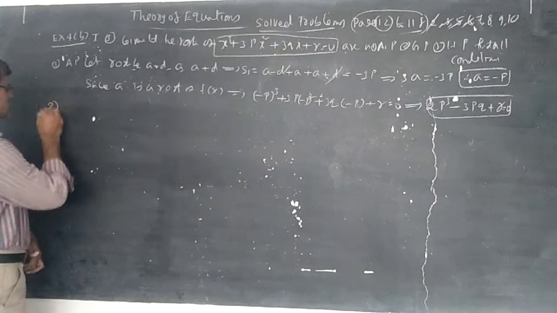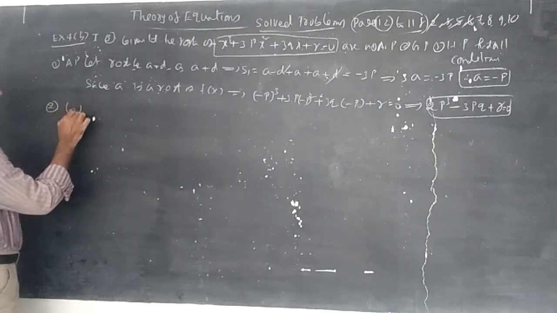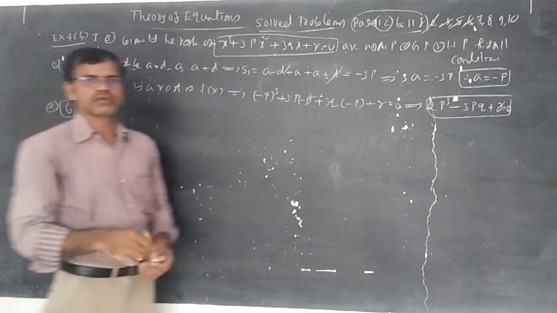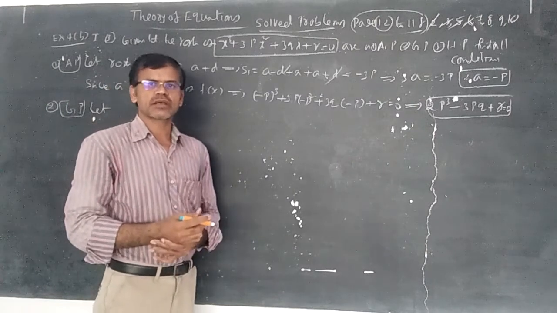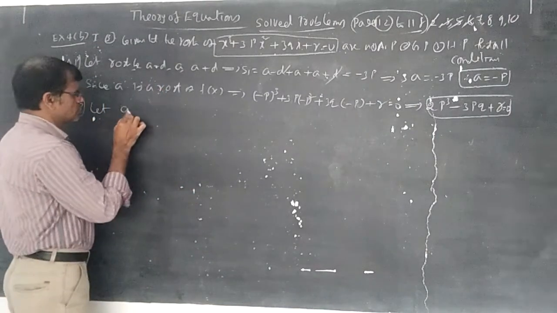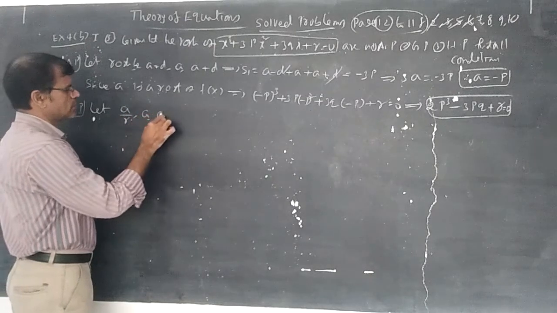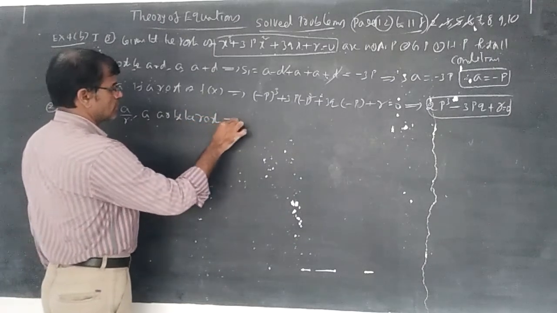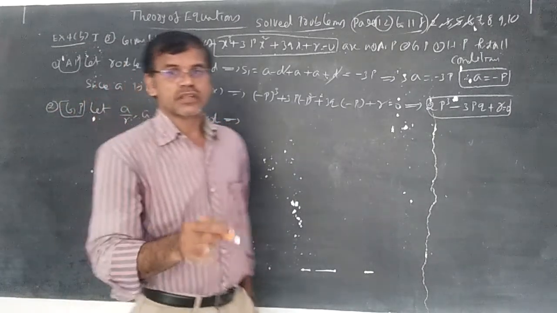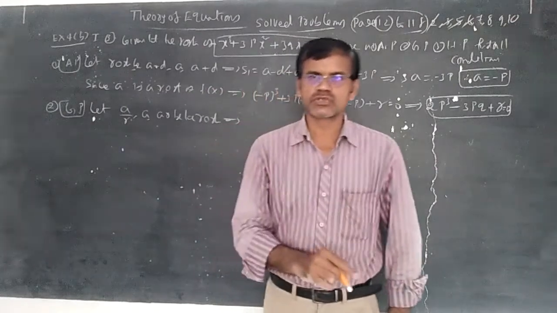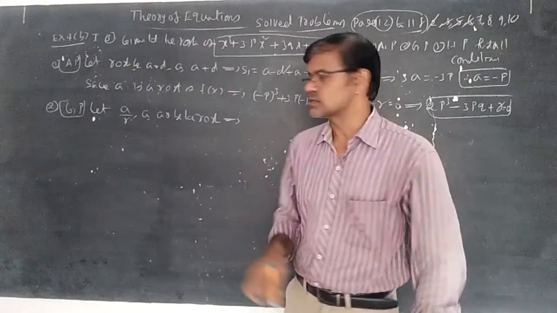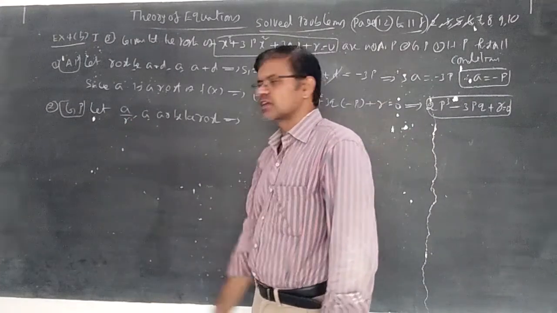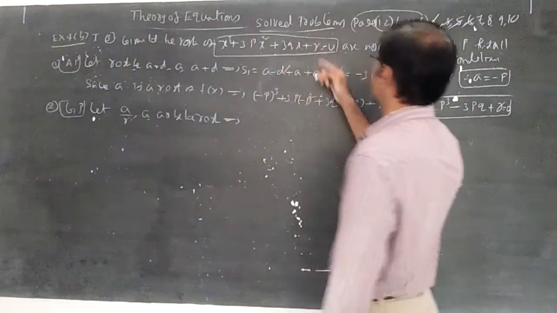Now the next one, the second question, for GP. This is for AP. Whenever the roots of the cubic equation are in GP, we can think a by r, a, a r as the roots. Whenever the roots are in AP, you should consider the sum of roots. When the roots are in GP, you should consider the product of roots. Because if you multiply a by r into a into a r, r and r will get cancelled and you get a cube.